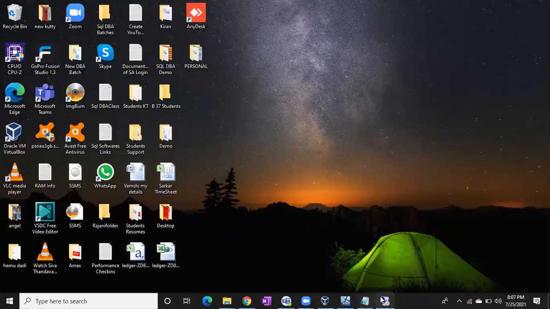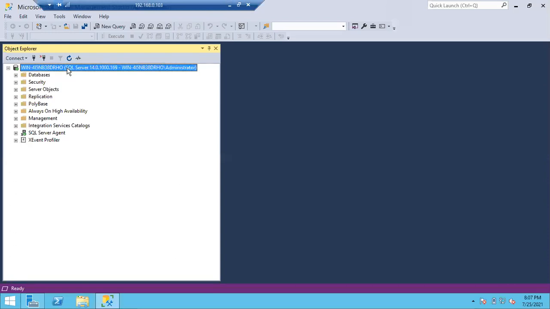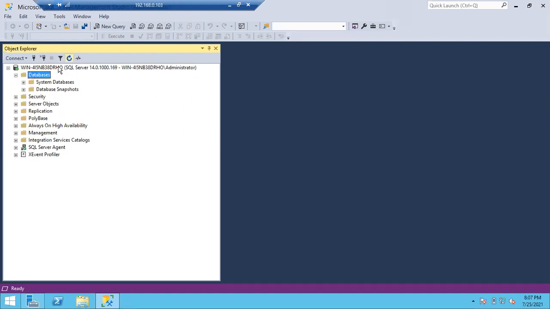In the same way here, whatever you are doing, it won't show immediately. For example, you just created a database. Sometimes it won't show in the database list. What you have to do is simply refresh it. If you want to refresh the database, select the database and refresh it. Whatever component you want to refresh, simply select that component and refresh it.